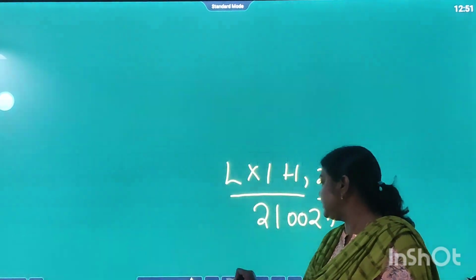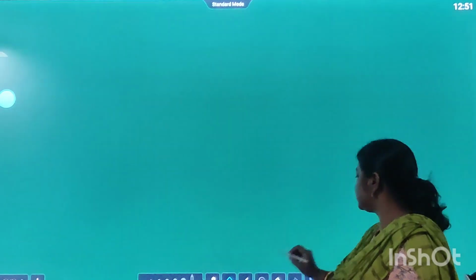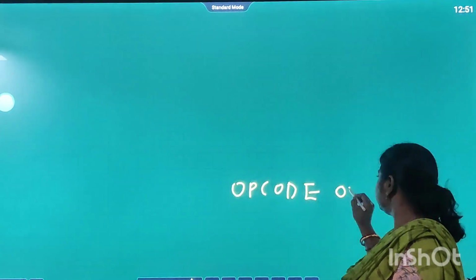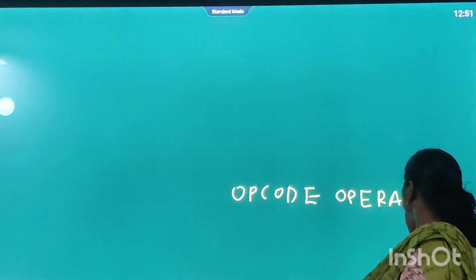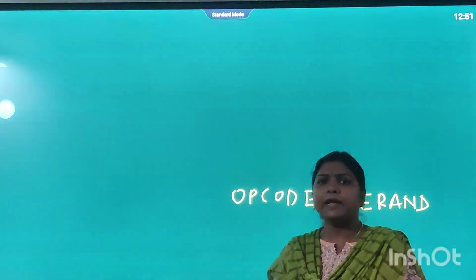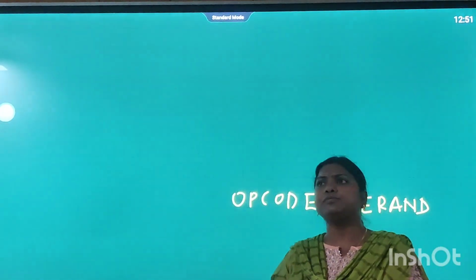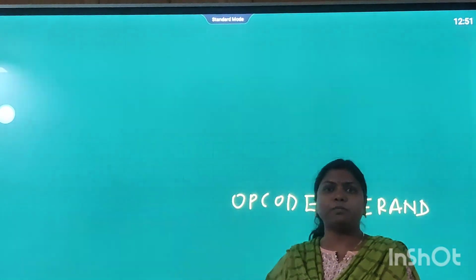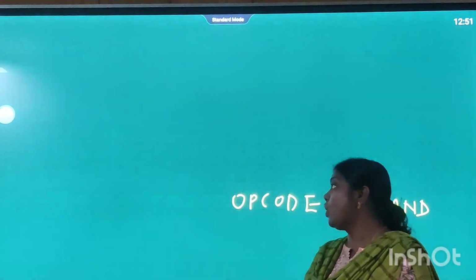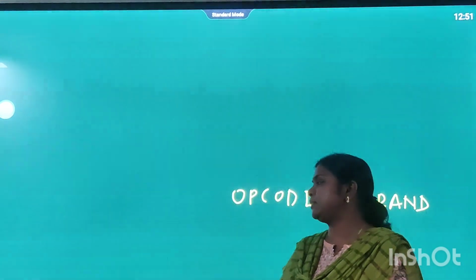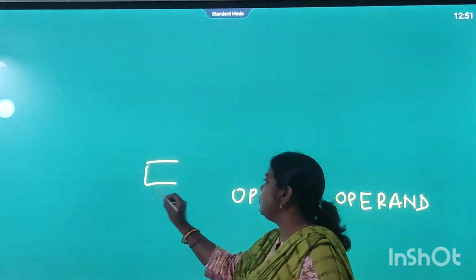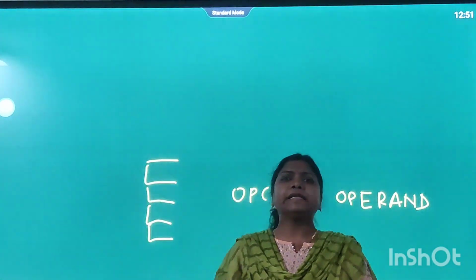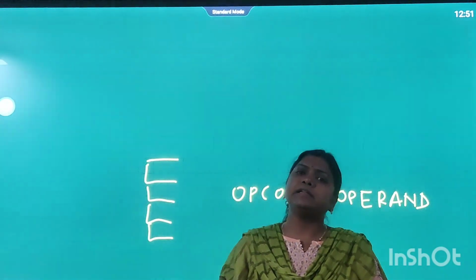Again, as we know, an instruction consists of two parts: an opcode part and an operand part. In every instruction, the opcode part tells what operation is to be performed, and the operand part consists of either the operand itself or the address of the operand. On that basis, instructions of the 8085 microprocessor are divided into many categories. Addressing mode is the technique of specifying the address of the operand in the instruction.